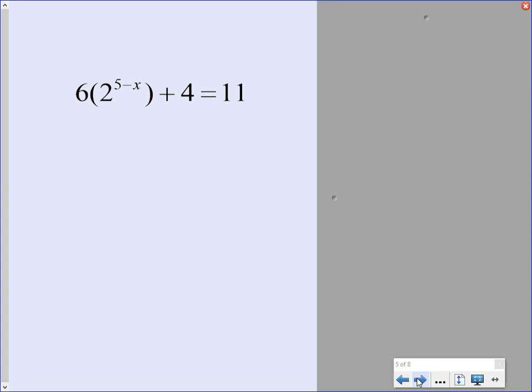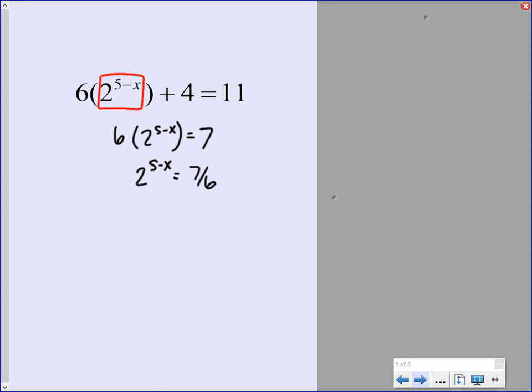When I look at the equation, I see it's exponential. The variable x is up in the exponent. So I only see one exponent. I'd like to get the exponent and its base all by itself. That means I'm going to have to move all the other numbers to the other side. What would I do first? Subtract 4. Excellent. 6 times 2 to the 5 minus x equals 7. Then divide by 6. 2 to the 5 minus x equals